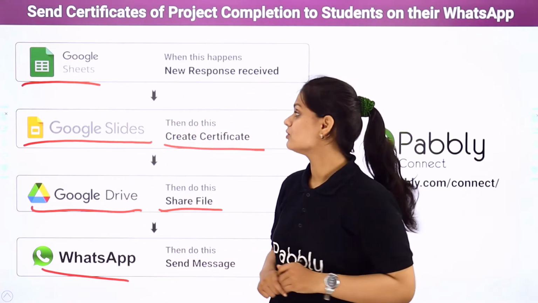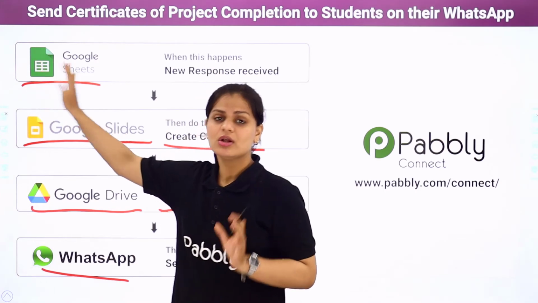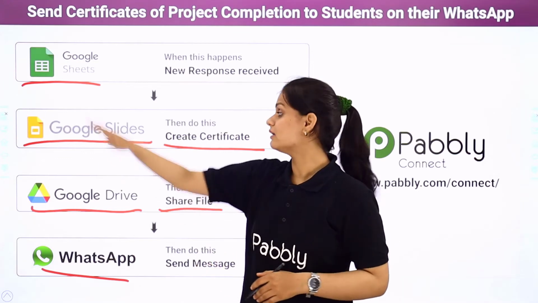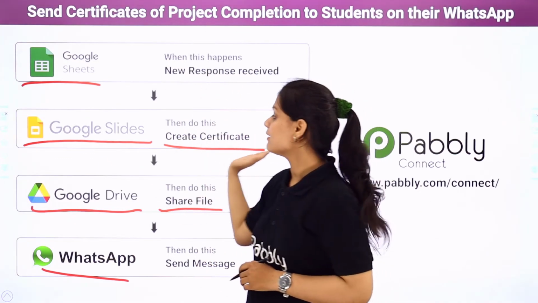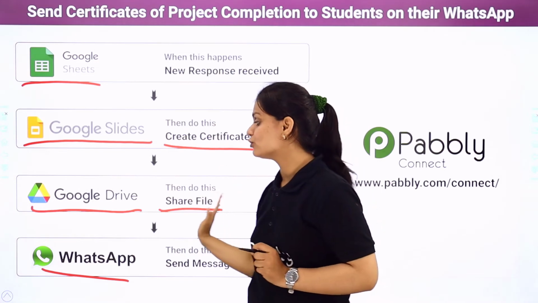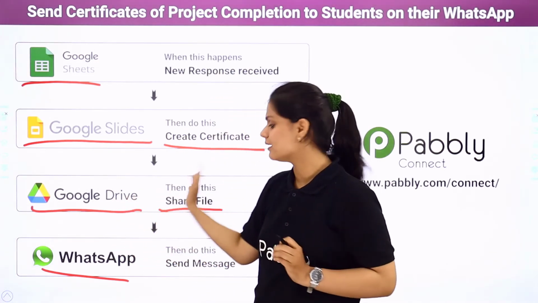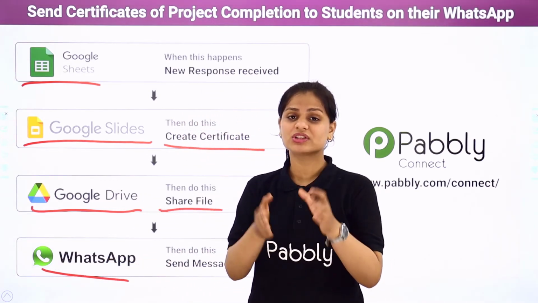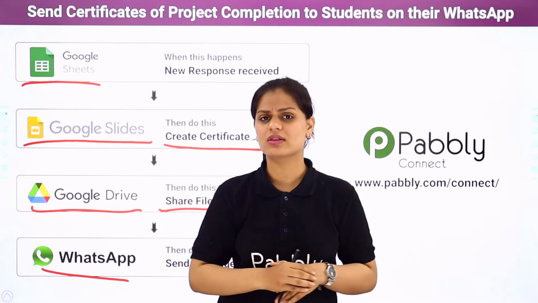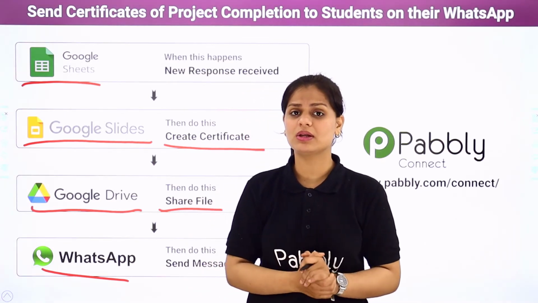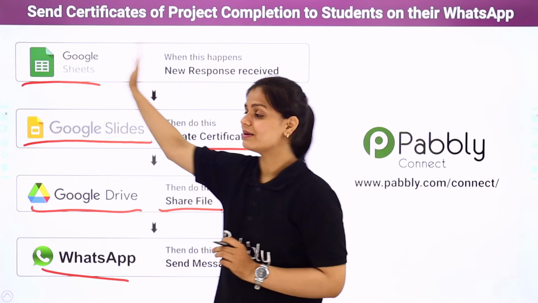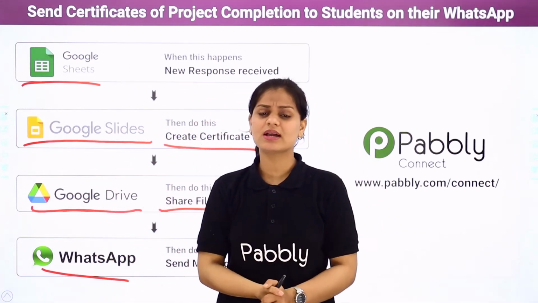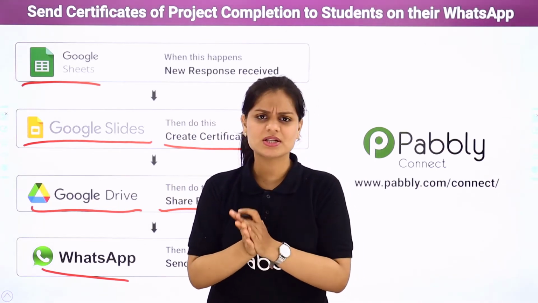So now here the issue is I have the data of my students. So once they are going to complete the project, once the project is going to get checked, I have to manually sort out the data of the student. Then I have to manually create the certificate. Then I have to share the file. Then I have to create the file link. Then I have to send it manually on WhatsApp. Now the issue here is I have to send the certificates to lots of students. So how am I going to perform this manually? I cannot keep on sorting out details and manually creating certificates and then send the data onto WhatsApp. This process will take a lot of time and it is very much repetitive and tiresome.